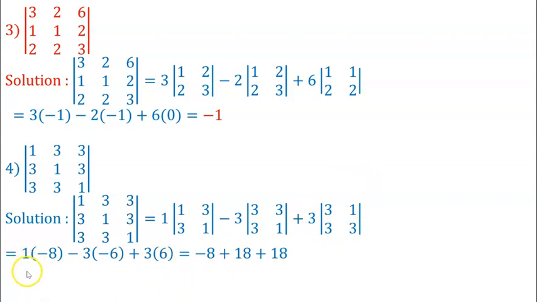Next multiplication, 1 into minus 8, you will get here minus 8. Minus 3 into minus 6, that is a plus 18. 3 into 6, plus 18. Okay. And their simplification, you will get here 28. This is the value of the determinant. Okay. Now next,